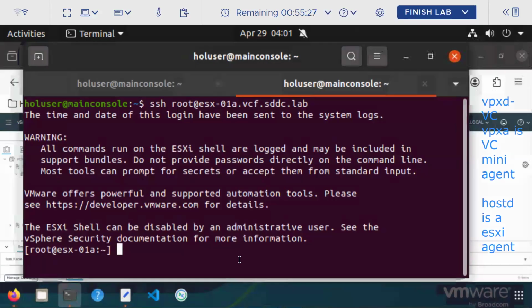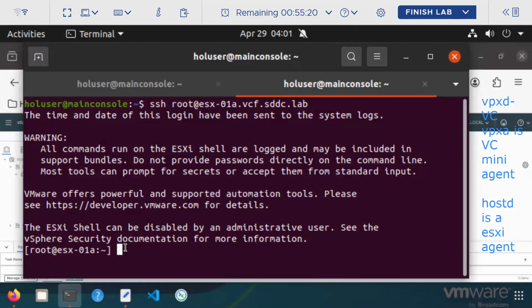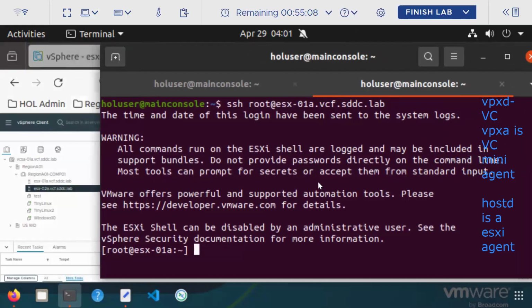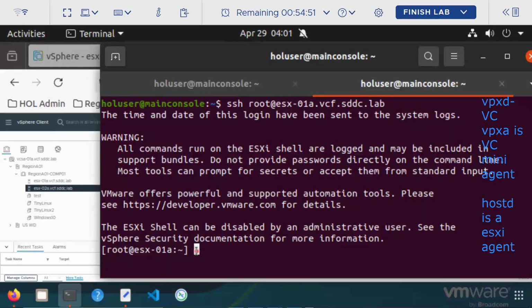Now, to run these commands, as I told you earlier, we are going to use a maximum of 10 commands. Those commands will not change. I will give you those commands. As I told you, the vCenter mini agent acts as a mediator between vCenter and ESXi. Now I'm going to stop the vpxa agent on